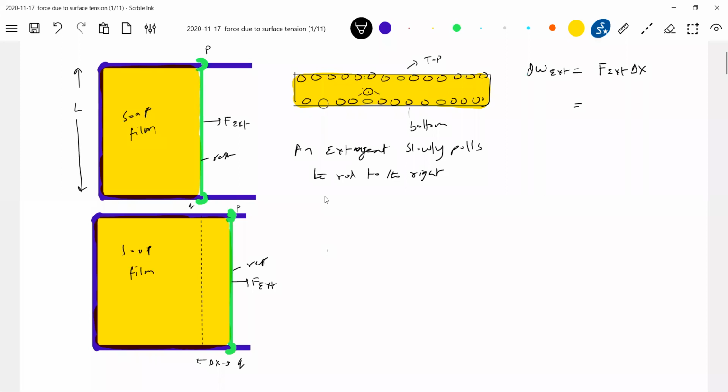Now, the force due to surface tension, where will it act? It will act everywhere, no? Because all the molecules will be present here. Make a practice of showing the molecules at the free surface. Actually, you have to show molecules everywhere here. Since I'm interested in the force acting on the rod, I'm showing the molecules nearby.